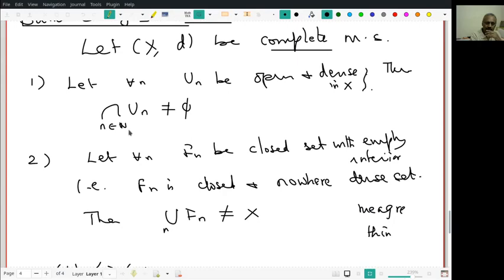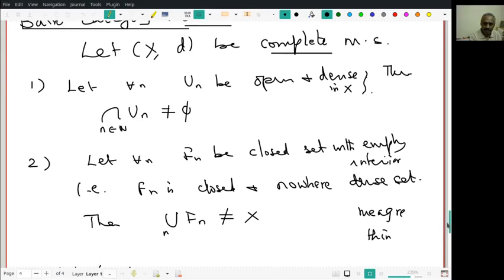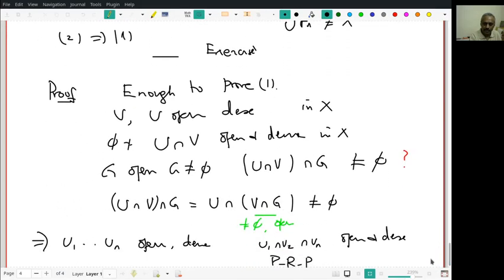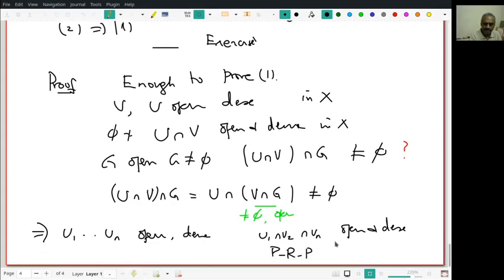So look at that. We want to show countable intersections. Okay, this may not be open, right? But what we want to say is it's non-empty, it's dense. Therefore, in particular, it's non-empty. And why do we expect this intuitively? If I take a finite number of open dense sets, their intersection is open and dense. Therefore, the intersection of a countable collection may be dense. It may not be open. It's just intuition. It's not a proof. In fact, we needed completeness to prove that.